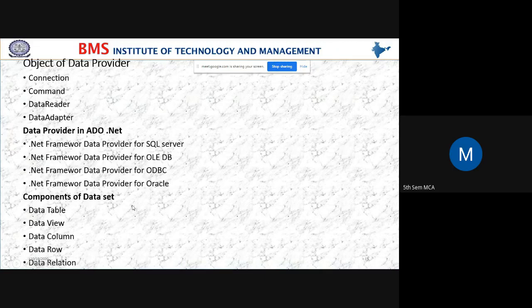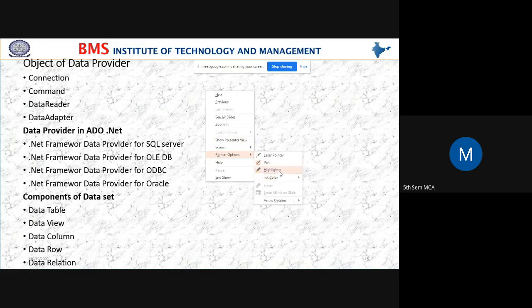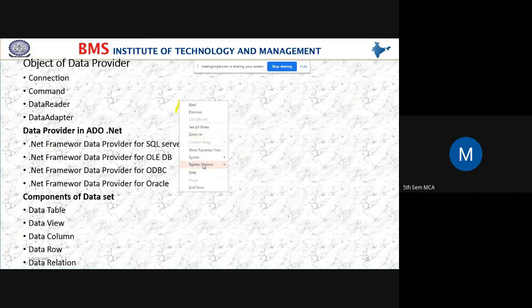So next I have the data relation. Yes, students, I have an employee table.